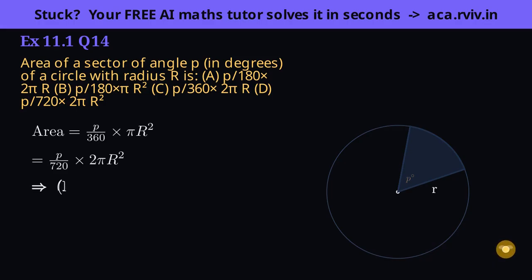Any choice with just r, not r squared, is a length like an arc, not an area, wrong dimensions, and the ones with the wrong denominator simply don't equal our formula. The exam instinct: to build an area must carry r squared, always. Any option showing only a single r is measuring a length, so cross it off instantly. That dimension check alone often kills 2 or 3 distractors before you calculate a thing.